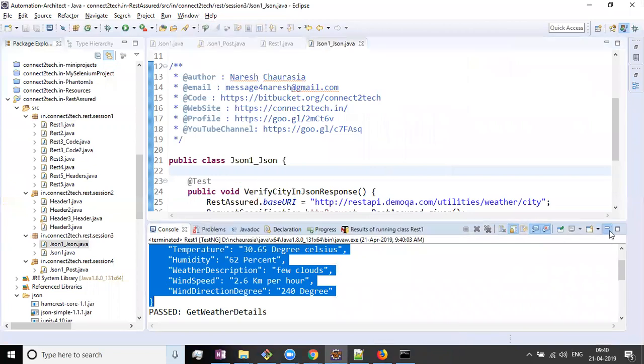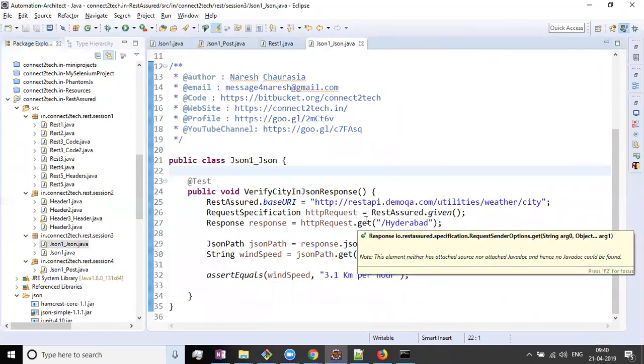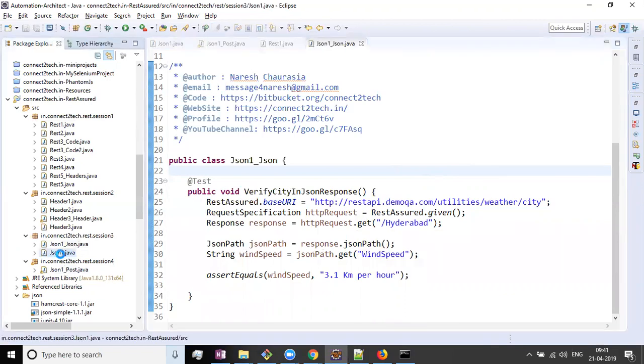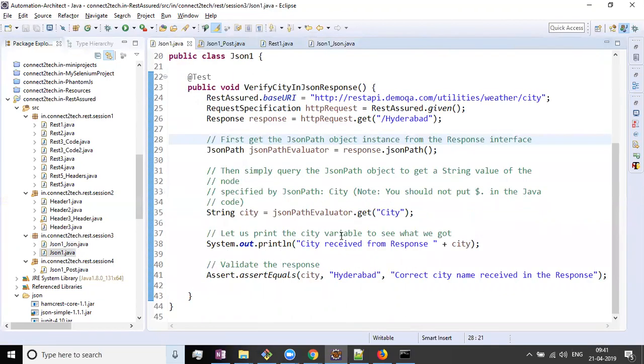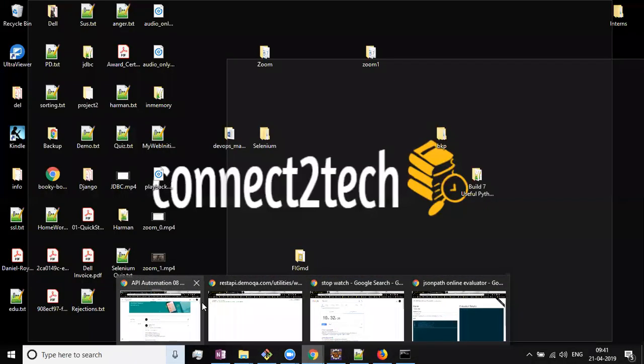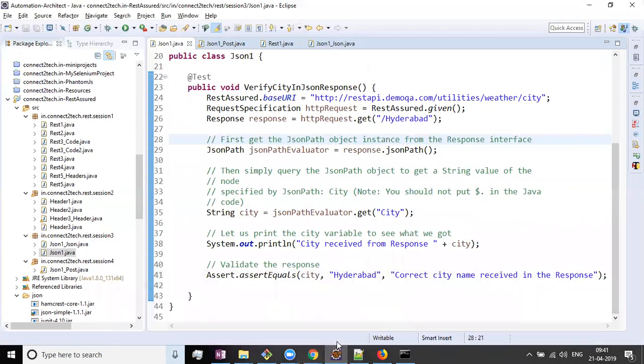And one of you asked whether you have to validate the content. Yes, you have to validate the content because once you send a request, you have to see the response which is coming back, right? So that is how we do validation. Now we have done JSON validation. Next, what we can look at is, so far, if you will see, we have been using